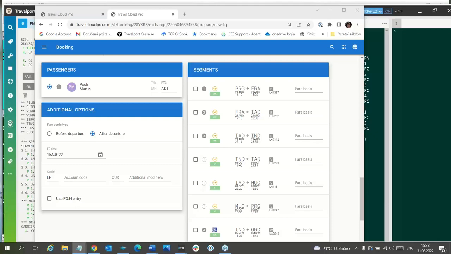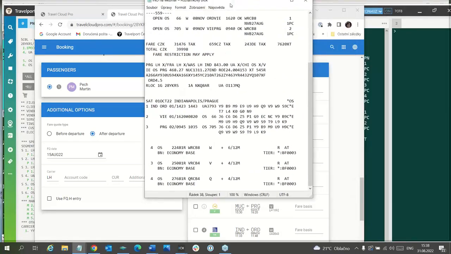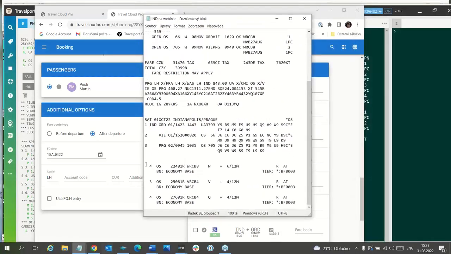I will show you here. I have copied it for you. You can see a little bit from FD, from fare display, but it must be native mode. You must go from smartphone to native mode using Control N, and then you can see this tier. It is fare family tier, and